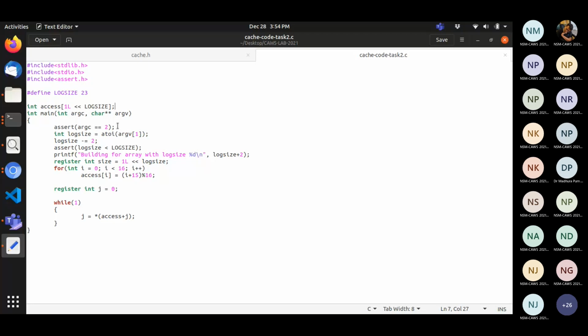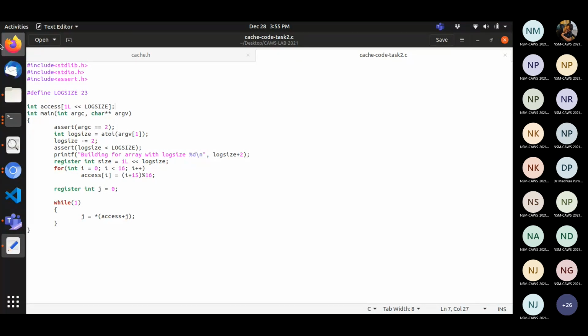Because the whole chunk of 64 bytes will be taken from the DRAM to the L1D cache. So once the miss is generated for access 0, which is the 0th element of the array, after that for the contiguous 15 blocks everything will be a hit. So that was the communication from DRAM to the caches. That was the main motive of this exercise.